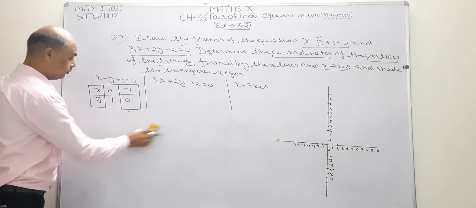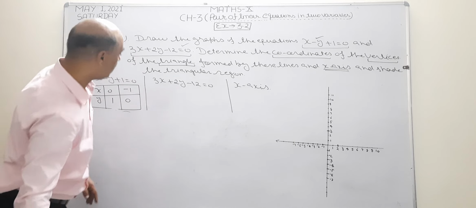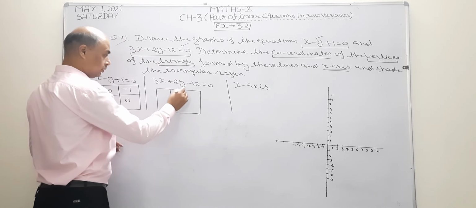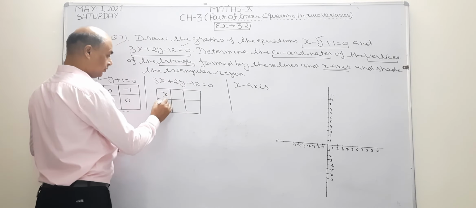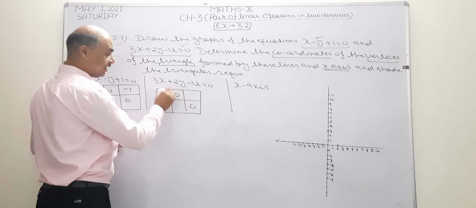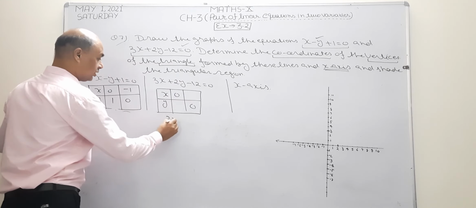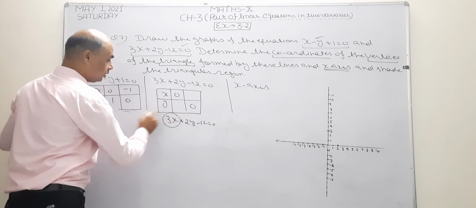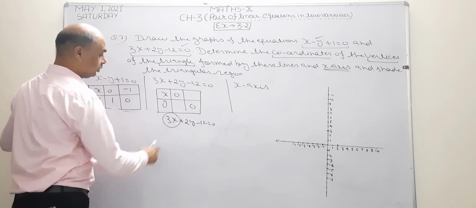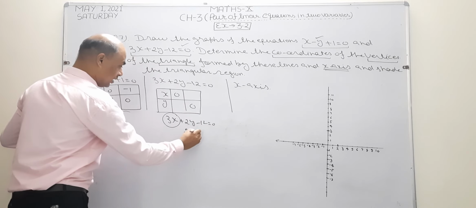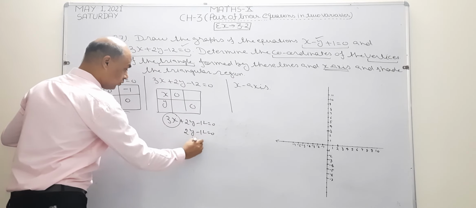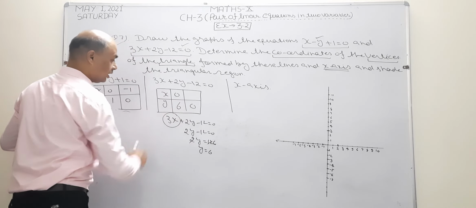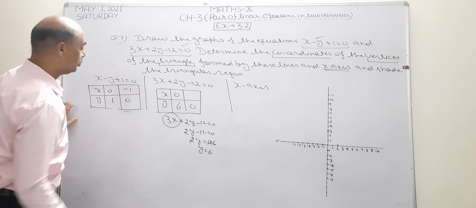Now I am going to make the table of the second equation. Same method I am going to use. Simple method is this one. x, y. I take x 0. Diagonally I take y 0. Write down the given equation again. Now put x and its coefficient, both become 0. What is left? 2y minus 12 equal to 0. Means 2y equal to 12. 2 1s are 2, 2 6s are 12, means y becomes 6. I write 6 here.